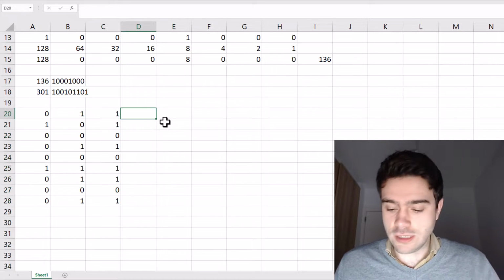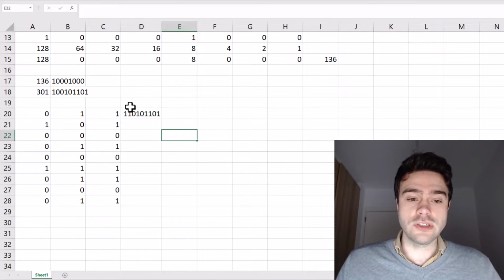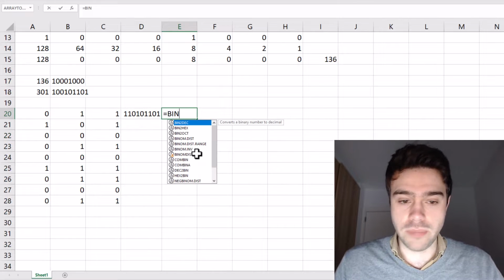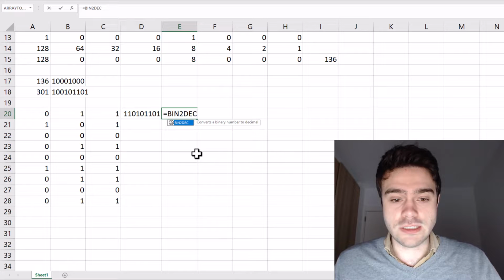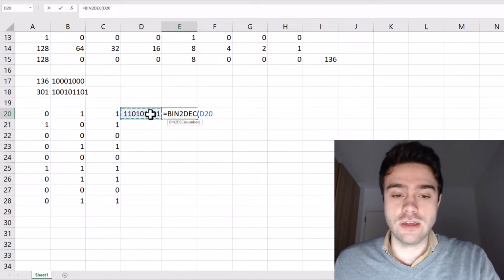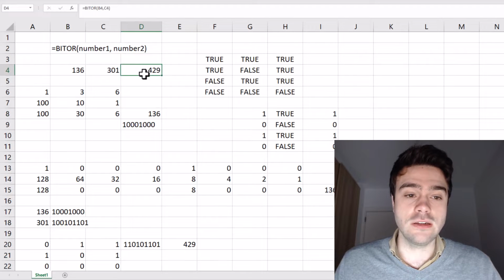So let's write this out. So we have two 1s, a 0, a 1, 0, 1, 1, 0, 1. So this is the new resulting binary number. So let's convert this now using the function BIN2DEC. And what this does, it takes in a binary number and converts it into a decimal number. So I press enter and you can see the result is 429, which is indeed the result that we got